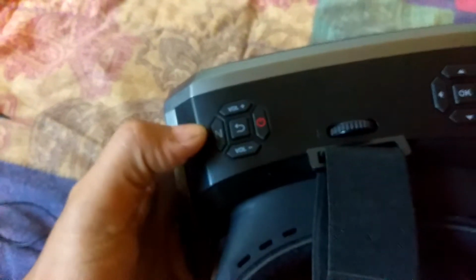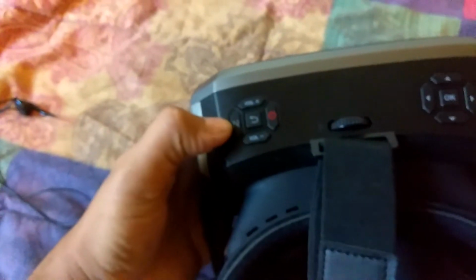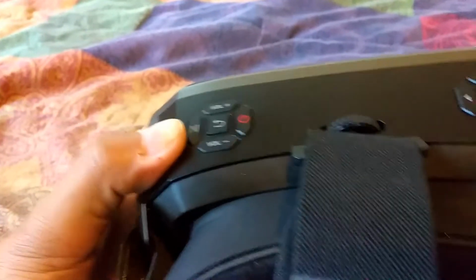Up here you have kind of an optional button. What this does is it brings up different options, like lets you change the screen ratio. Let me see, we might even be able to look in here. I can show you what it looks like inside. So when you press that button, yeah, it's kind of hard to see in there, but it brings up different options, like